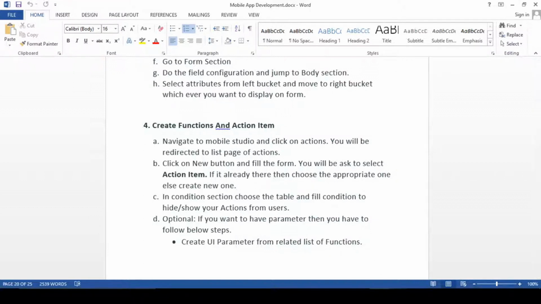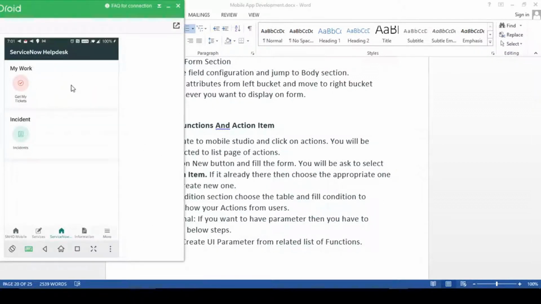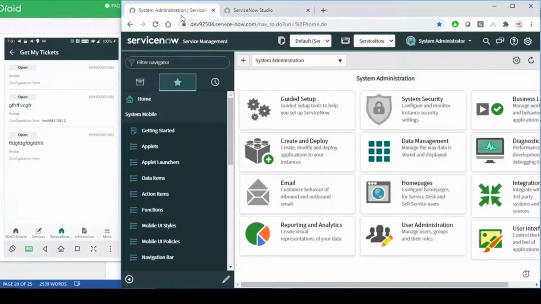So let me just do a quick recap over here from our device as well. This is the application which we have created, and under this we have created two sections. One is My Work, and the second one is Incident. So under My Work, we have created one icon, Get My Tickets. It will display all the tickets from the table which we have used, that